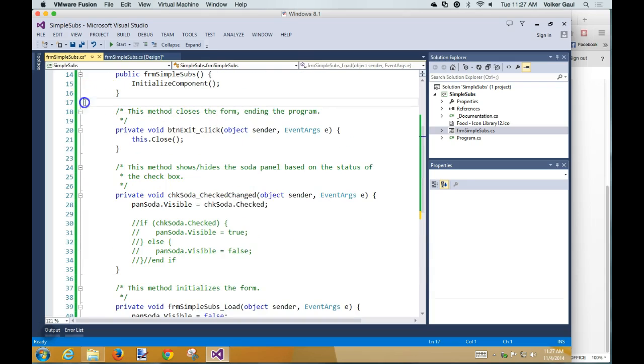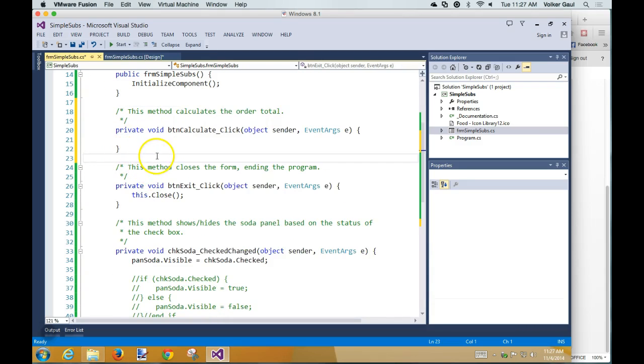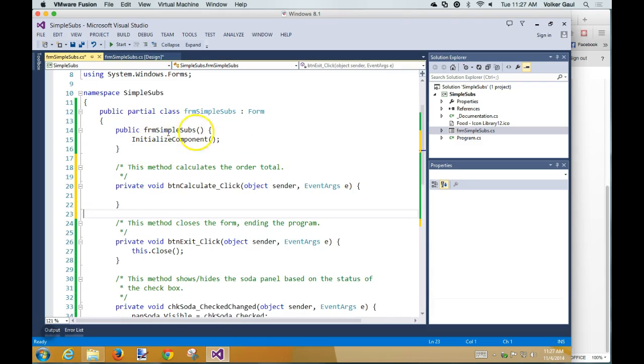Button calc would go here. Notice how I ignore this public one up here? I just ignore that. If you want, some of you have been alphabetizing it, that's fine. I didn't write it. It doesn't count. The other thing